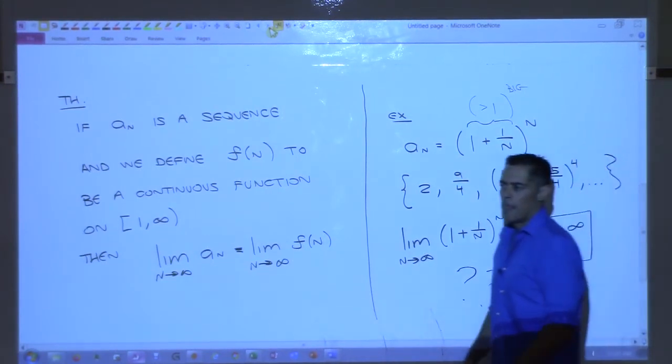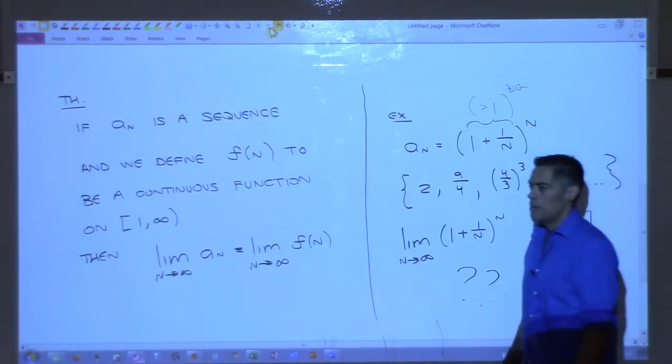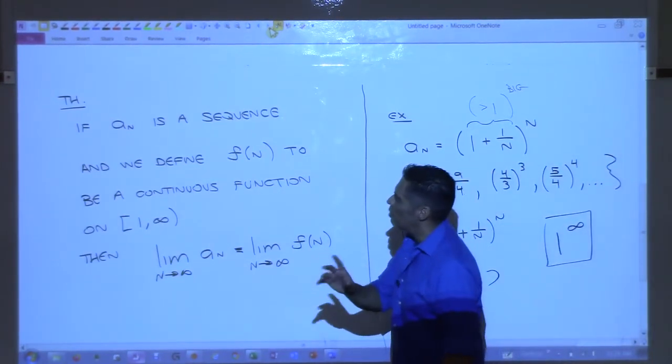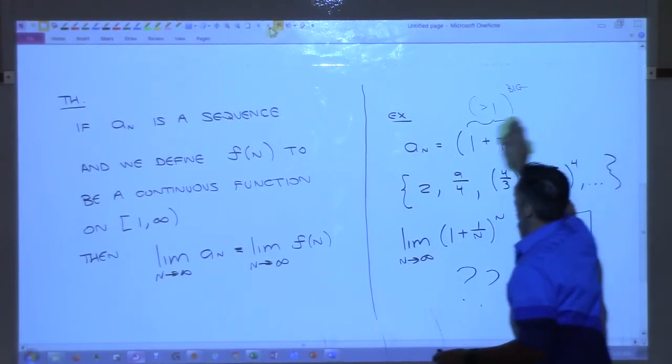If we approximate the sequence with a function, with a curve in between, you can use the limit of the function to find the limit of the sequence. Yes, there's one word you use there, approximate. It's not really, because you will not hit every point. Exactly. So what this is saying is